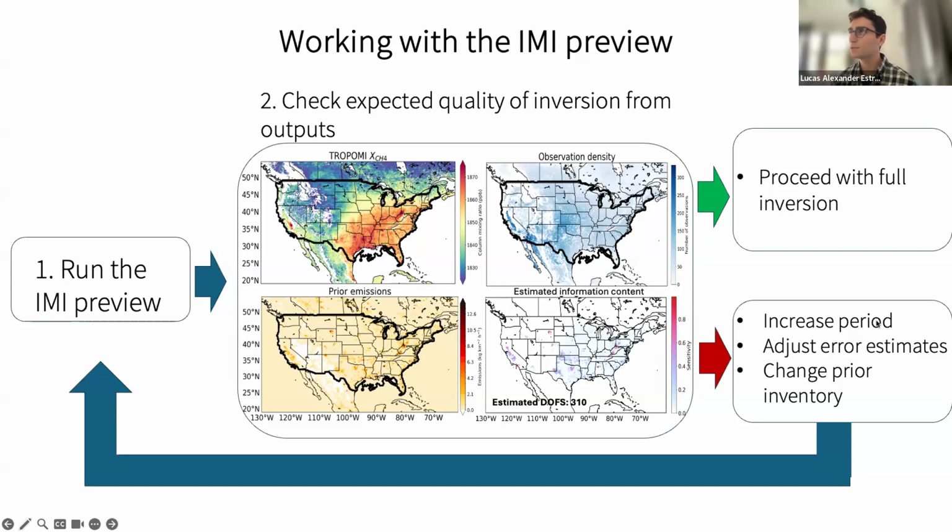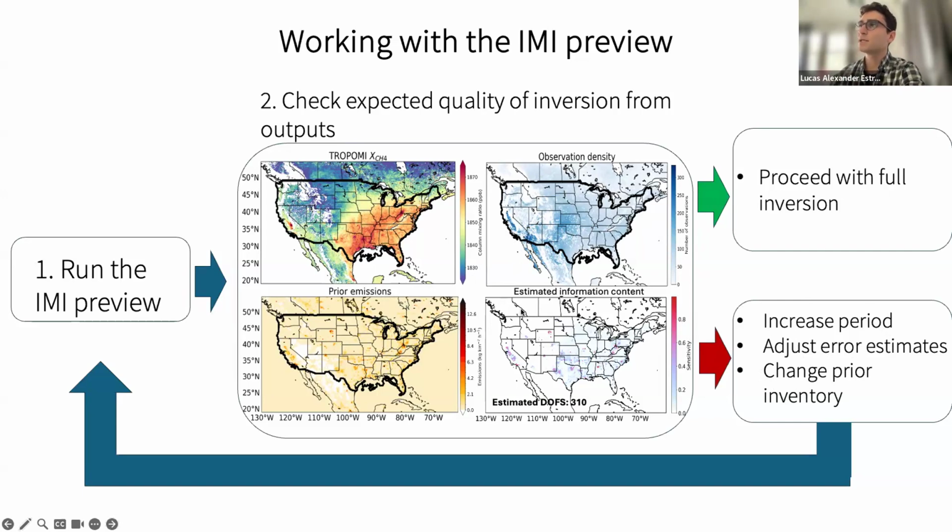Including increasing the period of interest, which will give you more observations to use as an observational constraint in your inversion. You can adjust the error estimates to be higher or lower. You can also change the prior inventory. For example, if you have a prior emissions inventory that you think is better, that will improve the estimated information content going into your